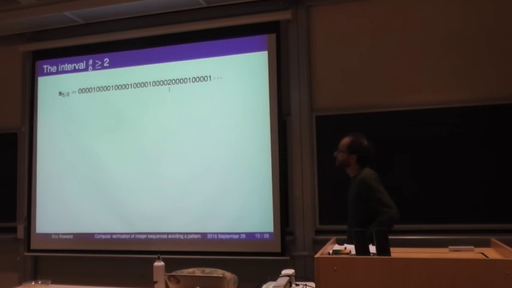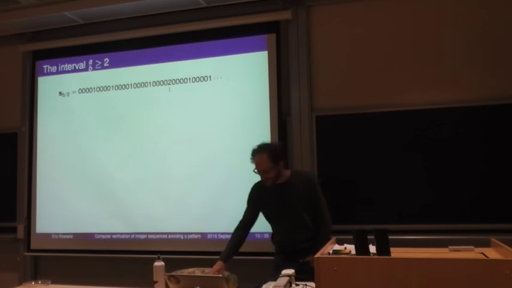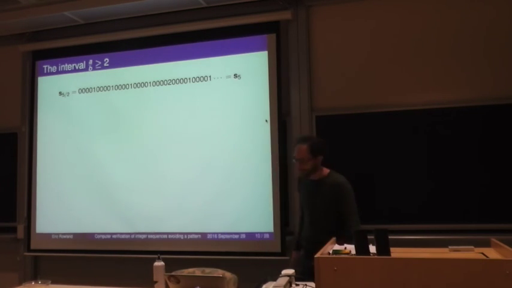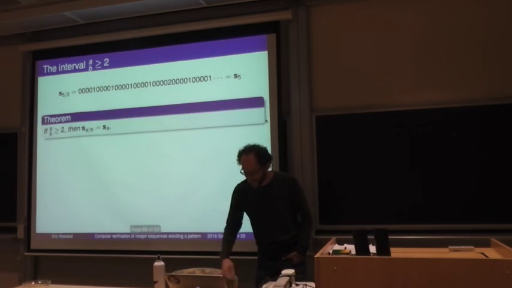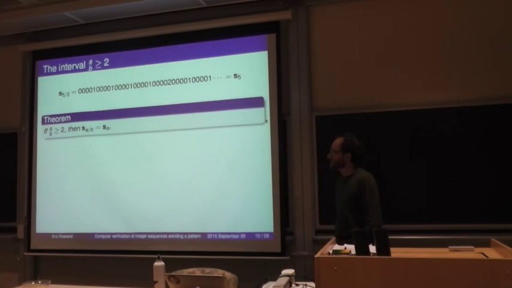All right, let's look at some more examples. What about 5 halves? That's another simple rational number. Here's the lexicographically least 5 halves power-free word. You might recognize this word because it's also the lexicographically least 5th power-free word. And this is actually a theorem. If your rational number is greater than or equal to 2, then we already know the answer to this question. We already know the structure of the lexicographically least A over B power-free word.